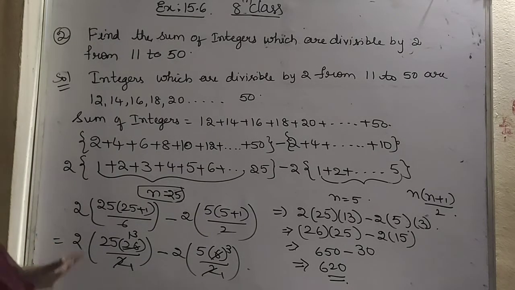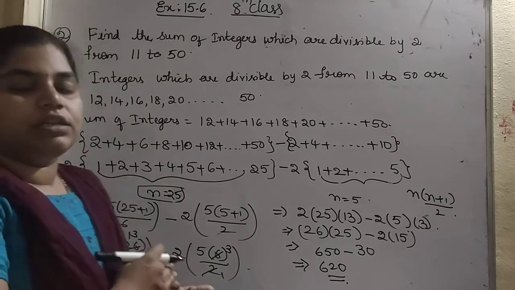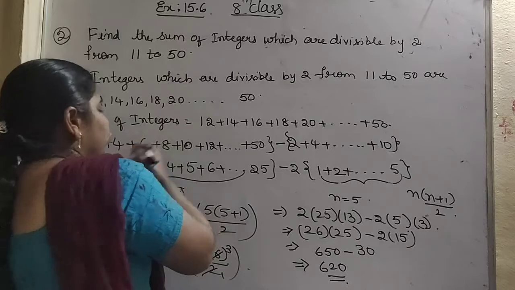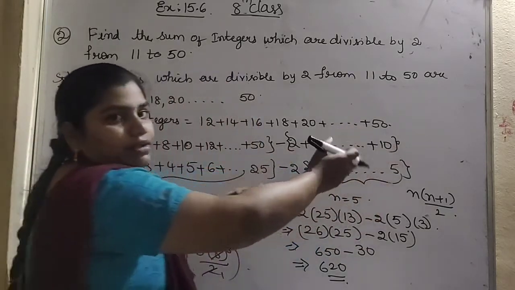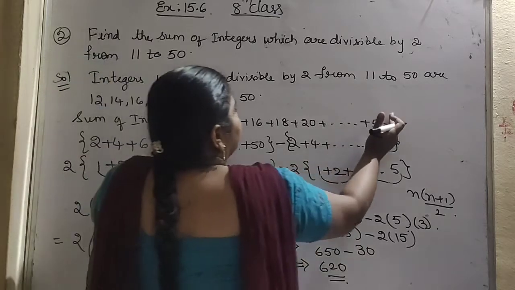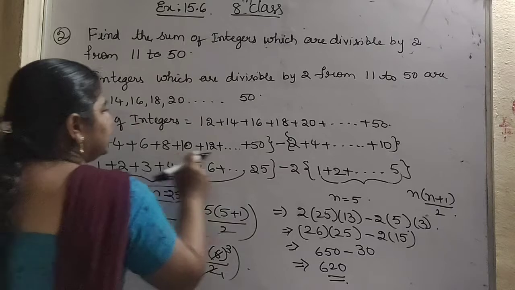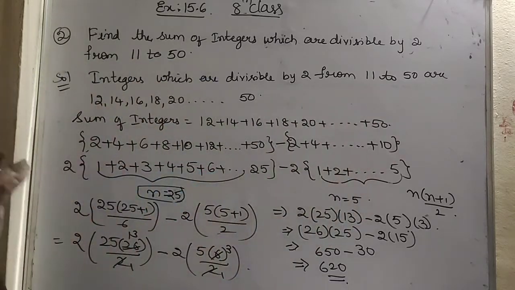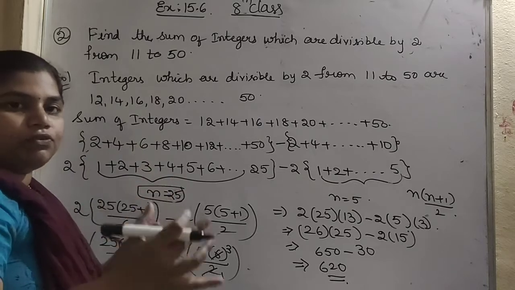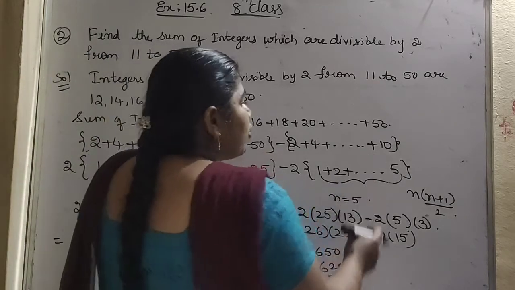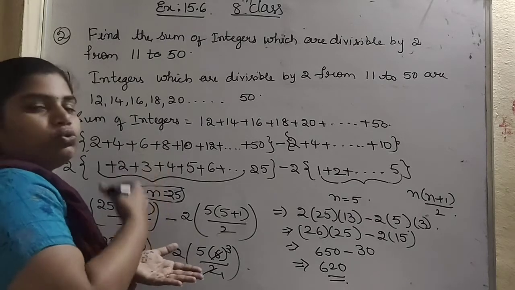So what you have to do? We have to subtract the numbers which are divisible by 2 from 2 to 50. From this set I am removing 2, 4, 6, 8 and 10 to get the same set, this one. For writing this set I have used this formula here. From the set of numbers which are divisible by 2 from 2 to 50, I have removed the set of numbers which are divisible by 2, that is from 2 to 10.